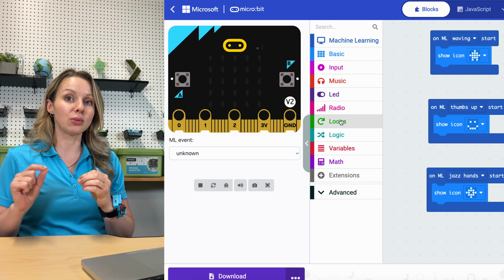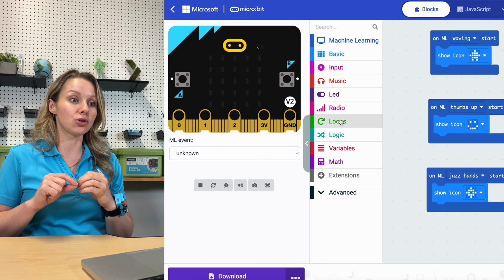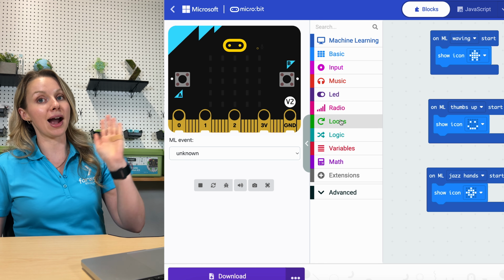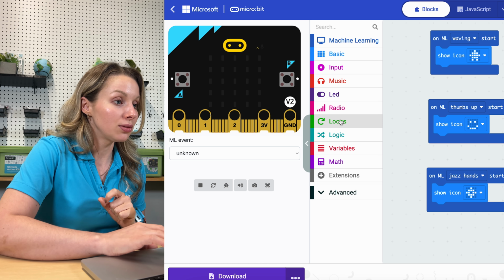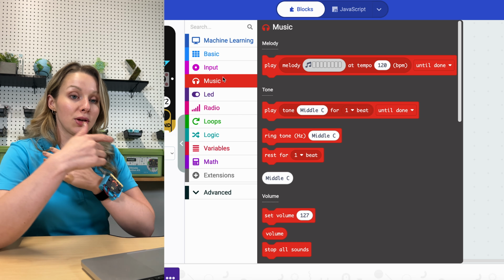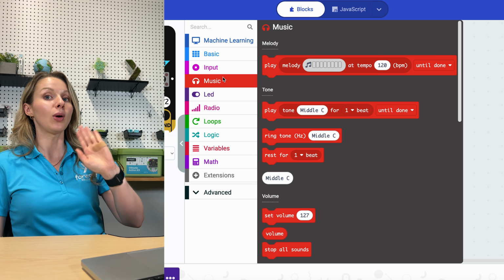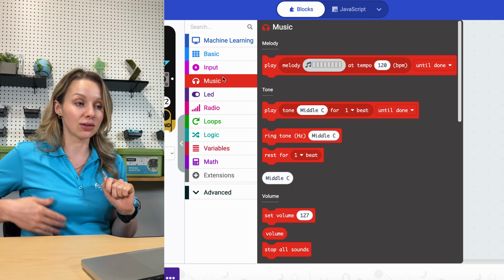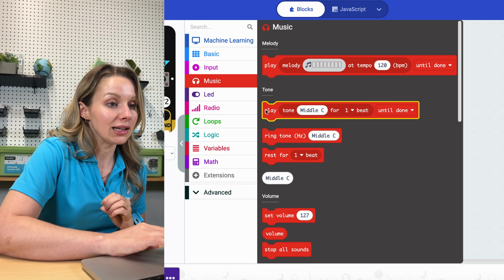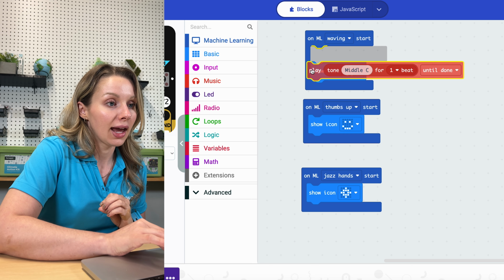So what we can do is add on to these code blocks to trigger something else to happen when that action happens. One of the student favorites is using music. Your micro:bit V2 is equipped with a speaker that we can tell, hey, when I'm waving, play this particular sound. So we are going to take this play tone code block